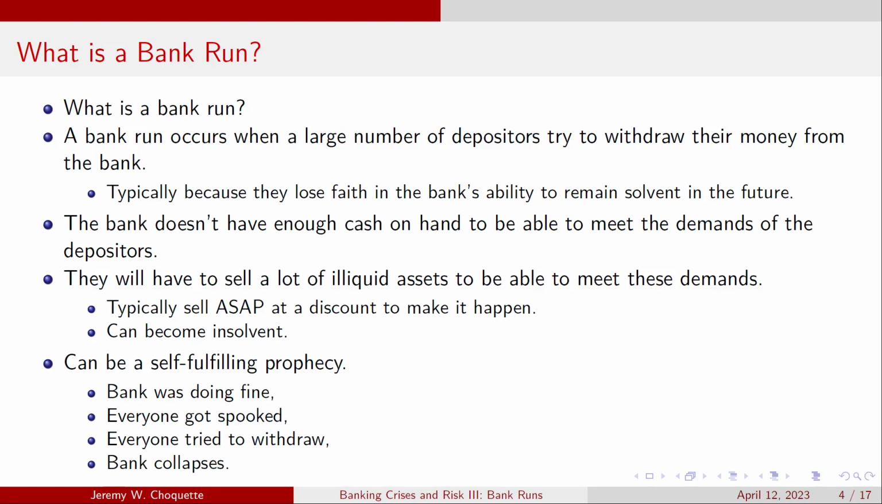and then, well, it's not a big deal if just you do it, right? If you're the only one that does it, no big deal. But let's say everybody goes, oh man, this bank's going to go under. Well, they all rush to the bank and they all try to withdraw their money. And because they all try to withdraw their money, the bank's not going to have enough cash on hand in order to be able to meet those demands. So what do they do? Well, they have to turn around and sell a lot of their illiquid interest-bearing assets in order to be able to meet those demands. And they got to sell them fast, right? They got to sell them ASAP. And typically what happens is they have to sell them at a discount to be able to make that happen,